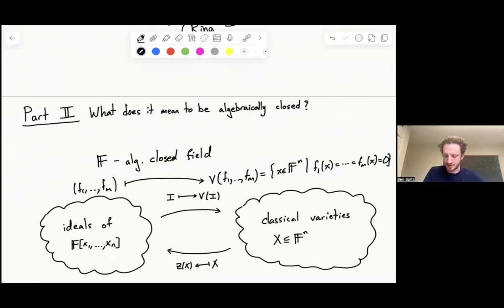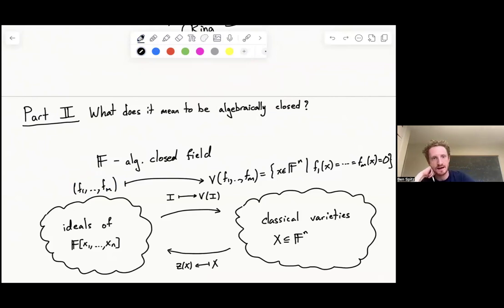It's the common vanishing set of those polynomials. And it also turns out it's the common vanishing set of every element of this ideal. It just turns out that this construction doesn't care whether or not you had the entire ideal or not. It's invariant under ideal closure.